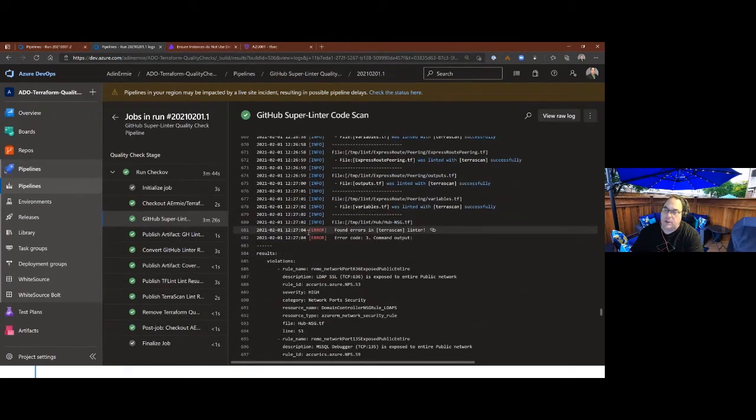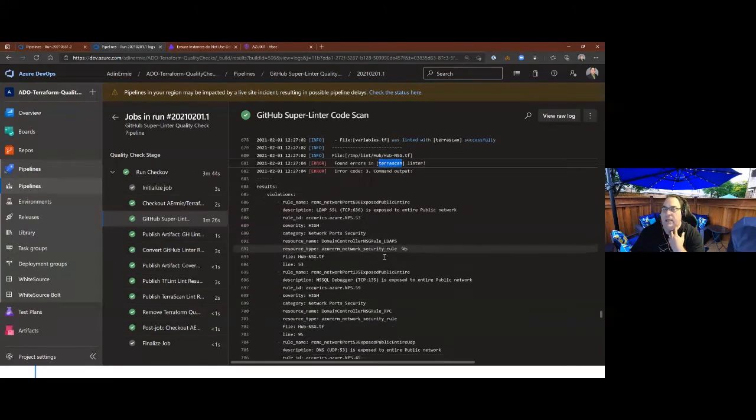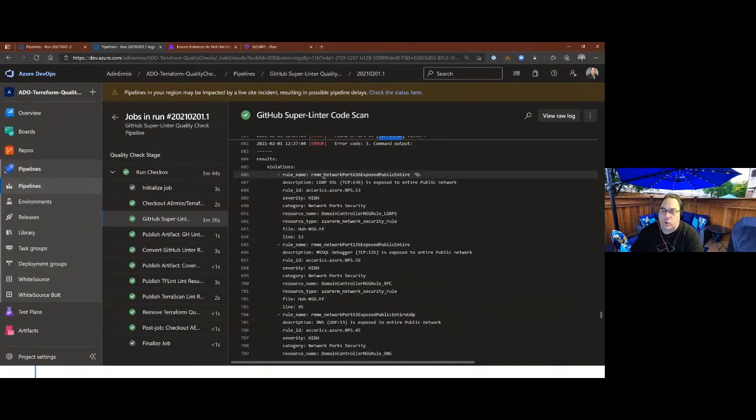And here's where it'll start to spit out and say, hey, terrascan, in this case, not tflint, found some issues. Here's what it's showing, right? Here's the rule that they have within there, with a description to help you know what is actually evaluating, what file it found this violation or potential issue in, what I called the resource, what resource type, and what line it's on.